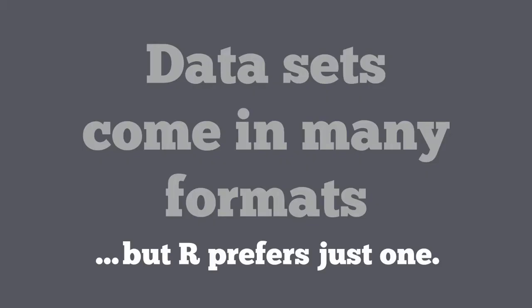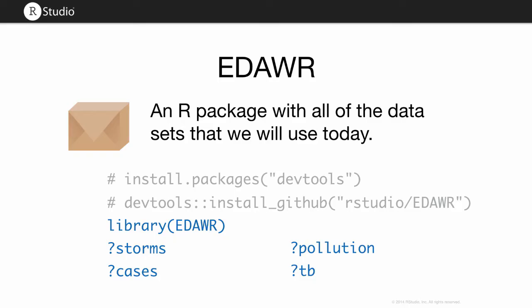Let's start with this first goal, making our data suitable for R. So your data sets can come in many different formats, but there's one that R definitely prefers more than the others. And I have some toy data sets in this package, which I've built on GitHub. You can download it if you want to use these data sets. It's completely not necessary. I'll be using these and you could just sit back and watch. But should you want to install this package, first install the devtools package, which is on CRAN, and then use the install_github command in devtools to install this from the link